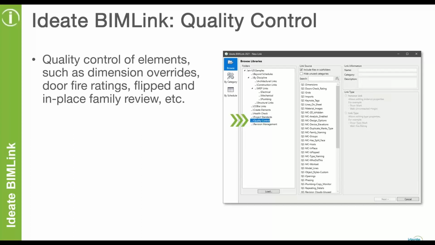These are great QA, QC reviews. And a lot of times they're not even necessarily interested in editing that data. It's just, hey, I want to take this information out and review it in Excel. Also, other great information, like for example, looking at the in-place family usage within your projects, or